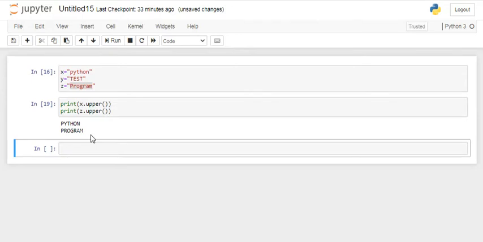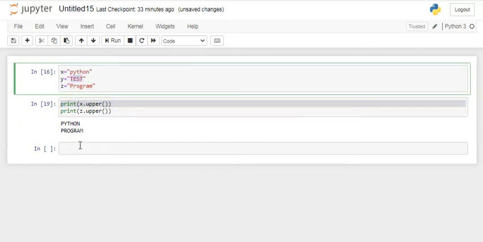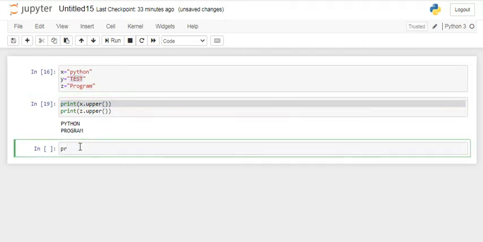And at the same time, let's say you wanted to perform it in the reverse way, changing the case from uppercase to lowercase. Let's take an example of y here. So x.lower(), as x is already lower, we don't need to change that.